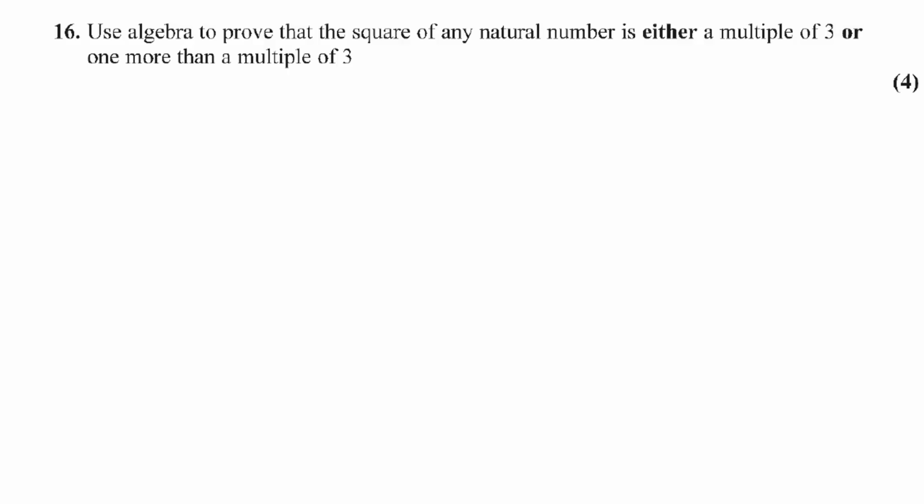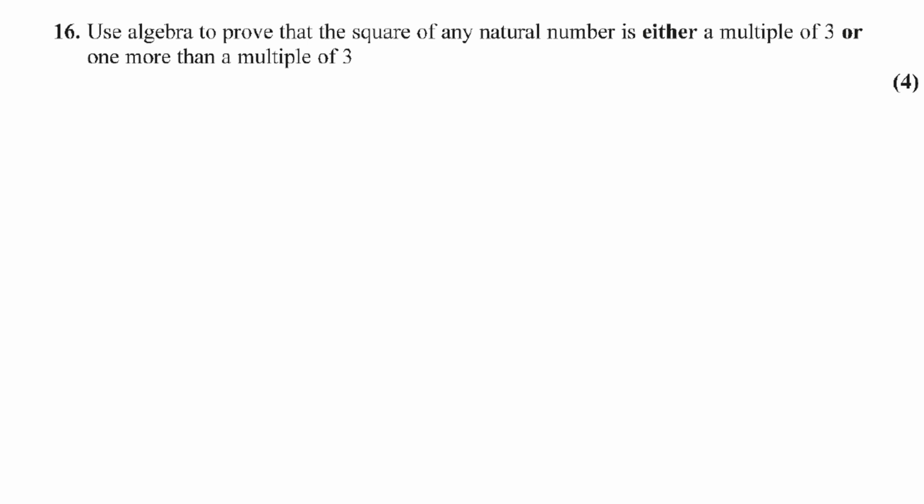Okay, let's get started then. This is my question 1. It says question 16 because it's just taken from the topic test, but it's a proof question using algebra to prove that the square of any natural number is either a multiple of 3 or 1 more than a multiple of 3. Now, normally when you're doing proof questions, you're going to just be bothered whether the number is odd